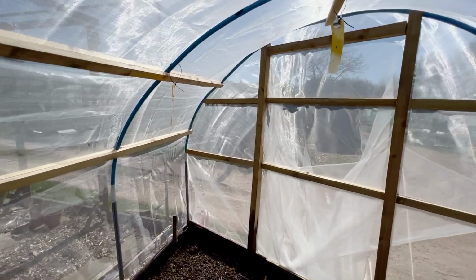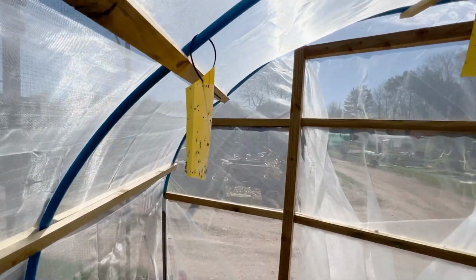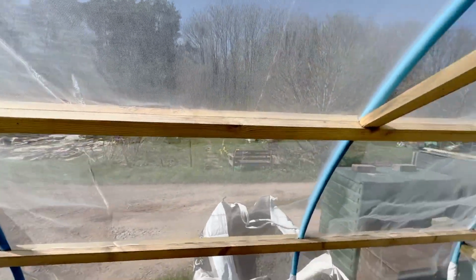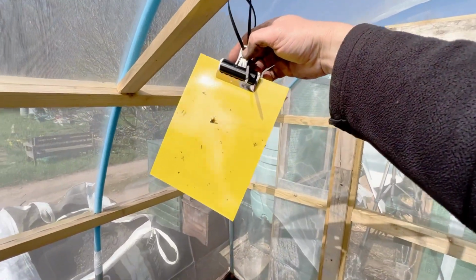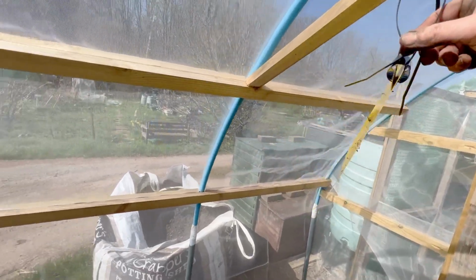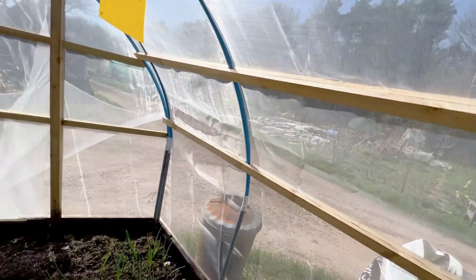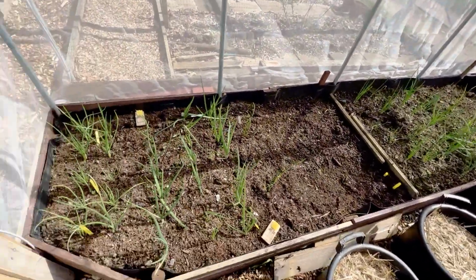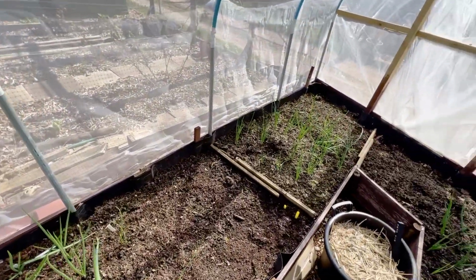I don't know if you can see down here. So this is literally all the flies and everything else that have come out of the soil that's already in here. I mean, there might be a few that are making their way in, but these are all just stuff that was already in the soil. So we're just going to try and eradicate those